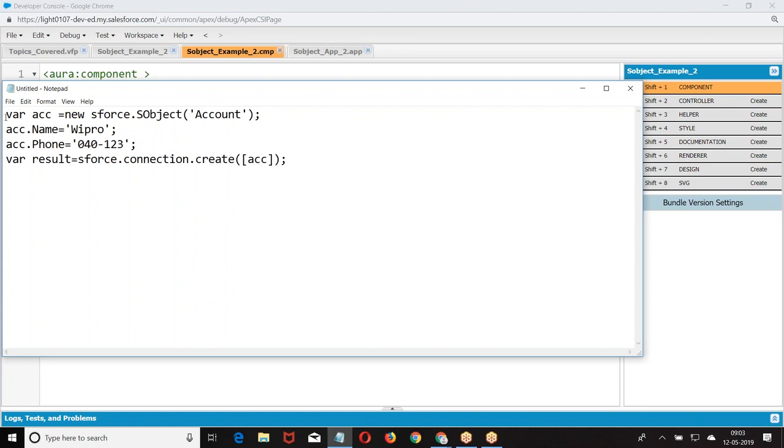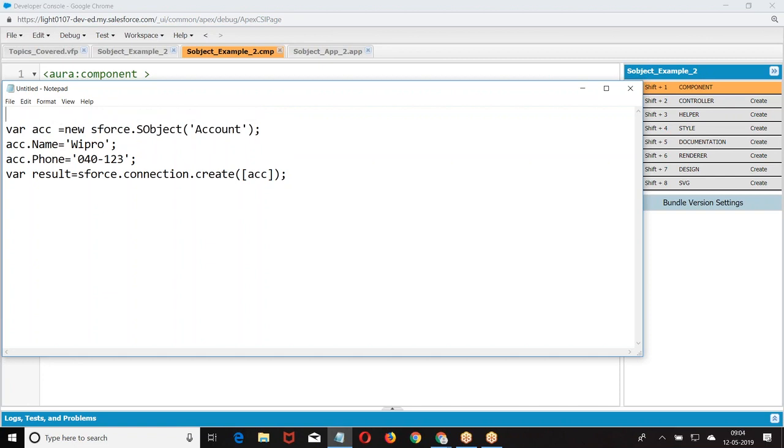This is how you create an SObject from JavaScript. But for this, you need to include some plugins. Now, to do this, what is the plugin we used?